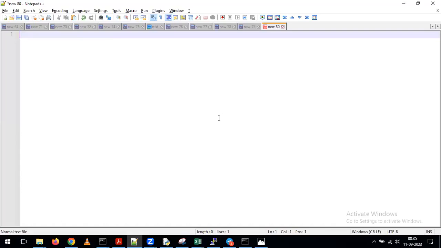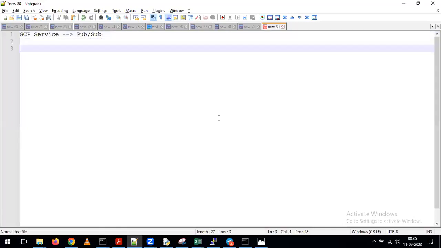So, as part of today's session, we'll start a new GCP service called PubSub. This is one of the services we have in the Google Cloud platform. So today we'll try to understand the PubSub GCP service. Google Cloud PubSub is a kind of messaging service